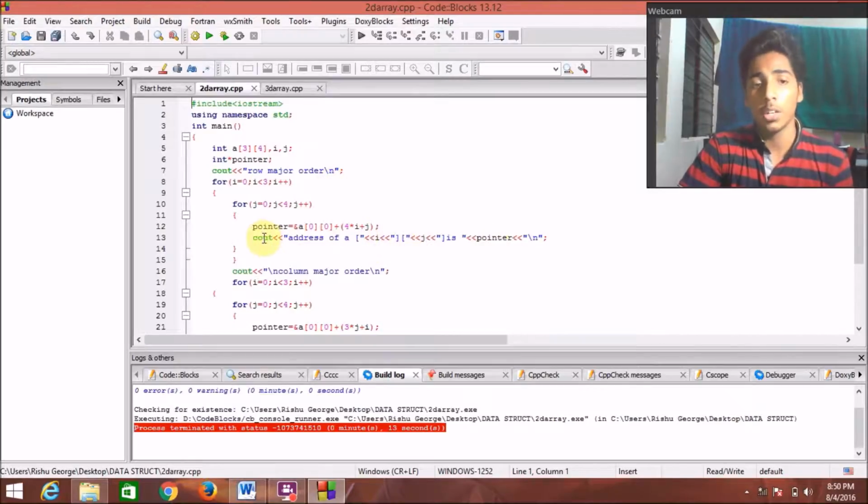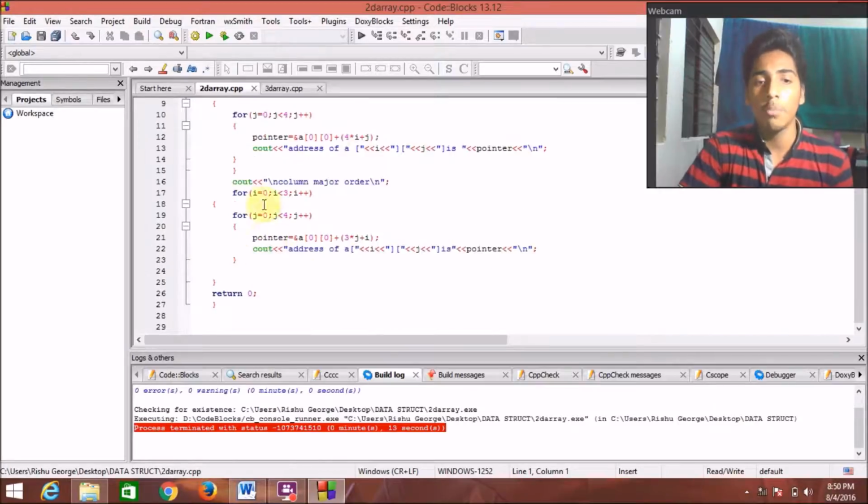And then we will display, with cout, the address of a at element i and j. And then we have column major order, and inside this also we have two loops, that is for i equals 0 and i less than 3, i plus plus, and inside that loop we have another loop for j equals 0, j less than 4, j plus plus. And the difference here is the formula: here we used row into size of column, and here we do